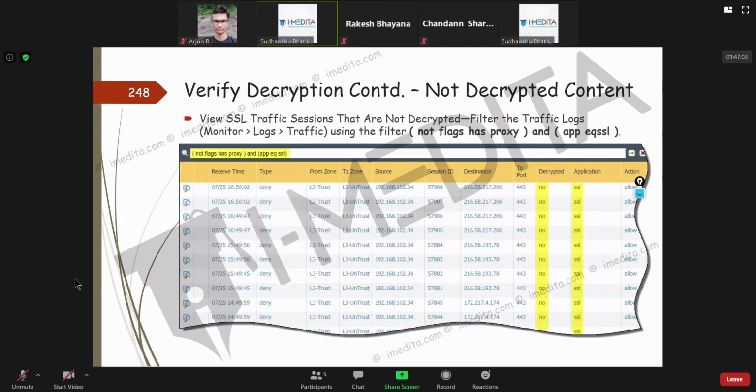Also, you could check where the application is necessary.